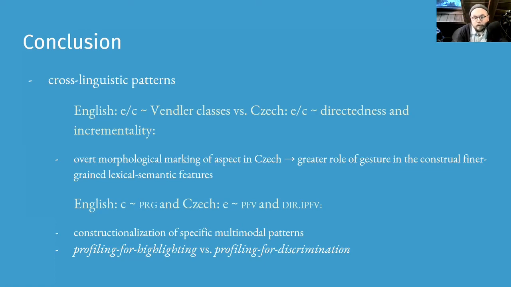So following this direction, the future steps should be heading towards bringing more evidence of conventionalizing aspectual patterns in the languages in question, such as incremental events in combination with continuous and complex gestures in Czech and English, directed perfective and imperfective types in Czech, or contrastive patterns of achievement and accomplishment multimodal predicates in English.